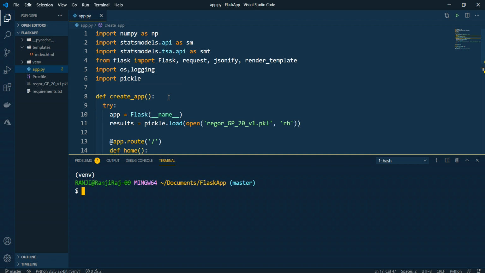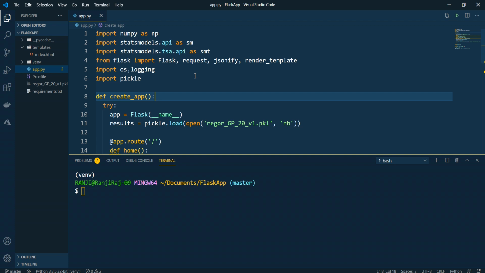As for the code changes that I have done, I have to use os and logging. This is a predefined library that comes with Python, just for your linter. By linter, I mean if you have any errors, or on the go if you want to compile, or if you write any statements, it will pop up that this particular variable is not used or uninitialized, things like that. In order to pop those things up, you have the concept of a linter. In Python, you have something called PyLint, which is a Python linter.